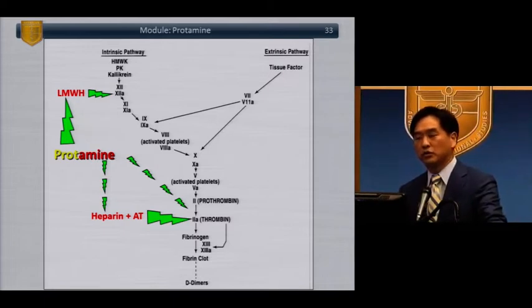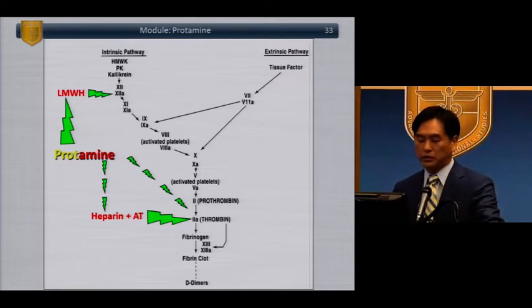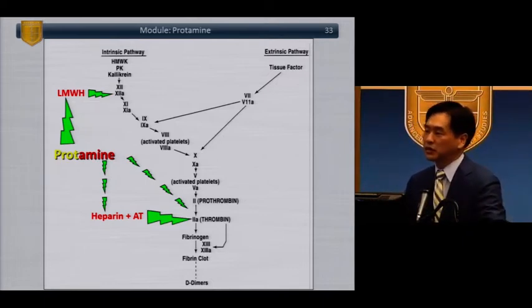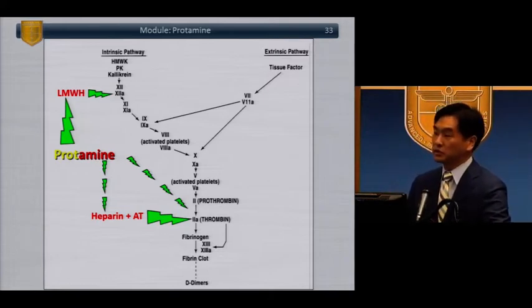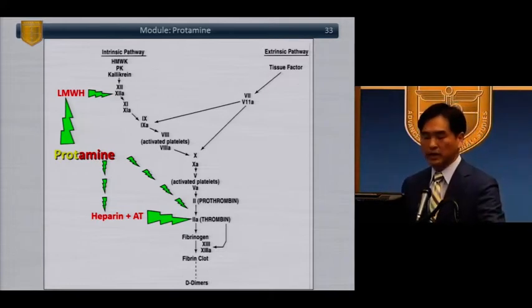So if you give protamine without heparin, it can make you bleed, which is why protamine should actually be, as it is here, half yellow, half red. It depends on what you gave previously or what you didn't give previously. The classic